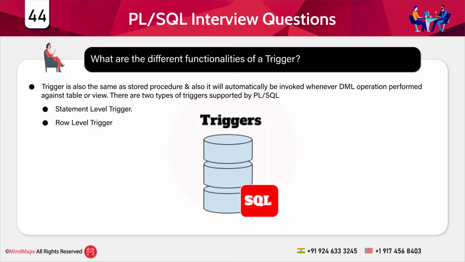There are two types of triggers supported by PLSQL. The first one is a statement level trigger, and then you have the row level trigger. In a statement level trigger, the trigger body is executed only once for the DML statement. In case of a row level trigger, the trigger body is executed for each row of the DML statement. That is the reason we employ the FOR EACH ROW clause and internally store the DML transaction in the trigger specification. These qualifiers like OLD and NEW are also called record type variables. After explaining statement level and row level triggers, you can also give an example.